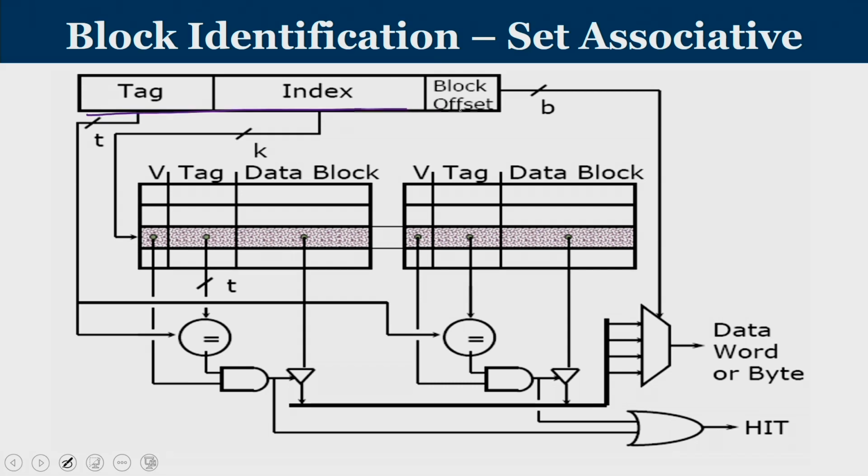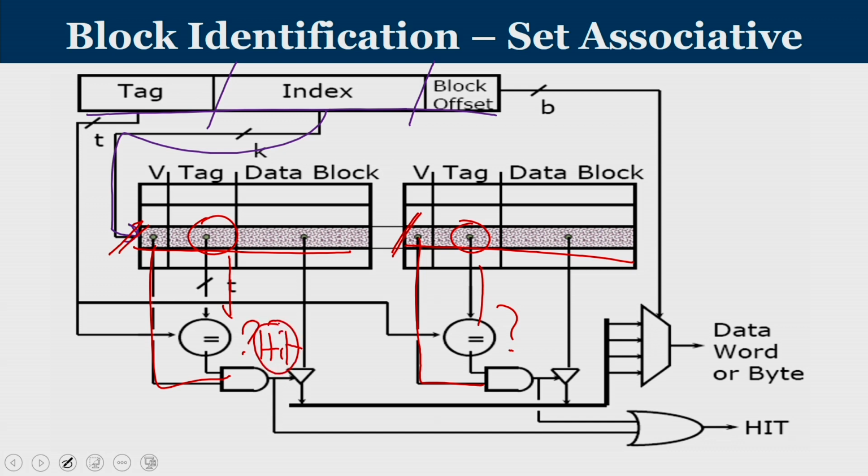You know that the address is split up into tag, index and offset. Using the index you go into one particular set. In that set, this is the difference: you now have 2 lines. This is way 0 and this is way 1. In parallel, in both ways, I extract the tag value and compare it, and the valid bit also should be 1. So if the tag is matching and the valid bit is 1, that determines whether you got a hit in this way or in that way. Effectively, it is a hit, and using the offset, wherever you got the hit, the offset will return the corresponding data word or data byte.